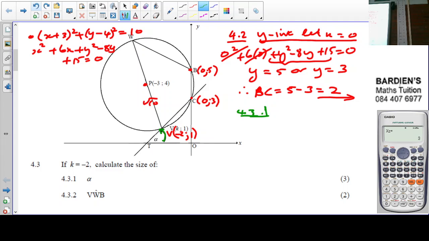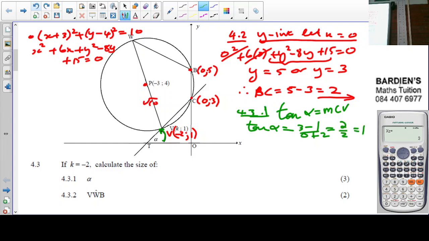So, to calculate alpha, we need to know that tan of alpha equals the gradient. And the gradient of this line, which is CV, or TC, or whatever. Since we've got the coordinates here, we're going to say change in y over change in x. So tan of alpha equals, remember, this is an acute angle by the looks of it. So it's going to be 3 minus 1 over 0 minus 2, which gives me 2 over 2, which is